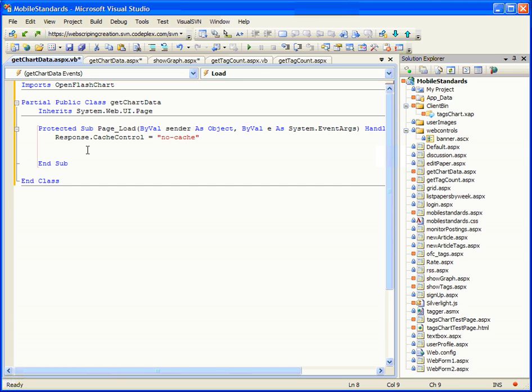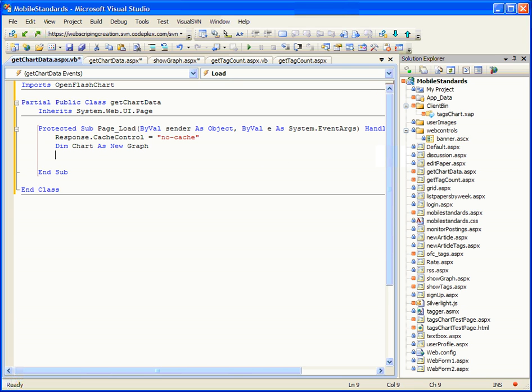Now I know on the videos that for some reason the IntelliSense doesn't actually appear, so you can't see the suggestions that I get as I type. But it does make creating graphs very easy. So I'm going to say Dim chart As New Graph. Graph is an Open Flash Chart object. And then I'm going to say Dim cd As New OpenFlashChart